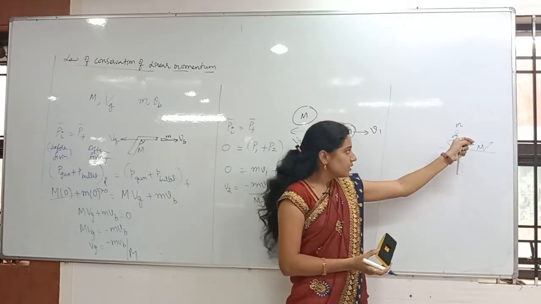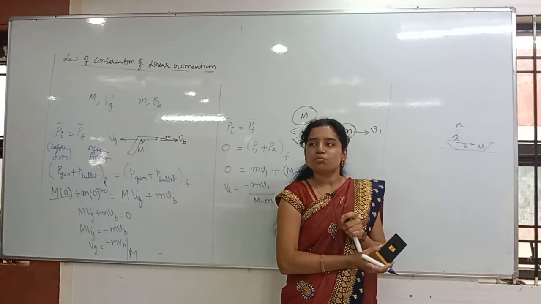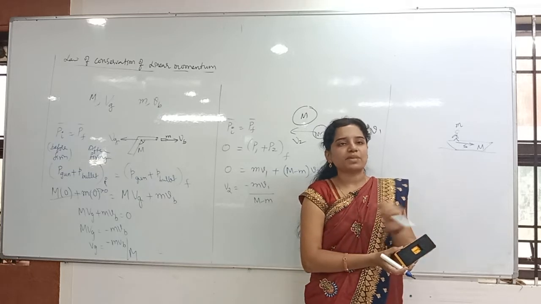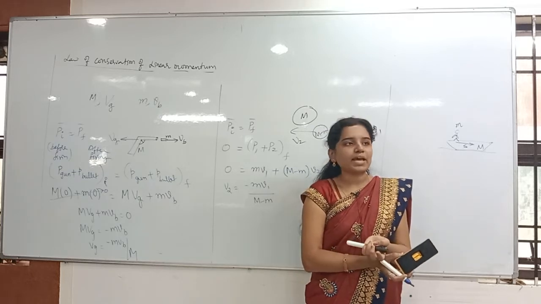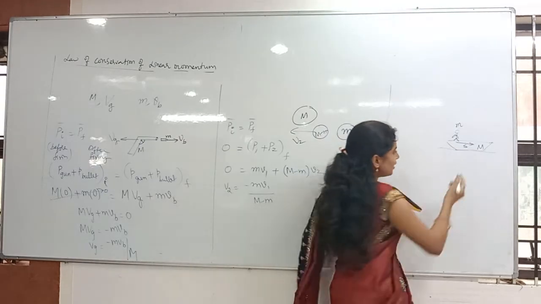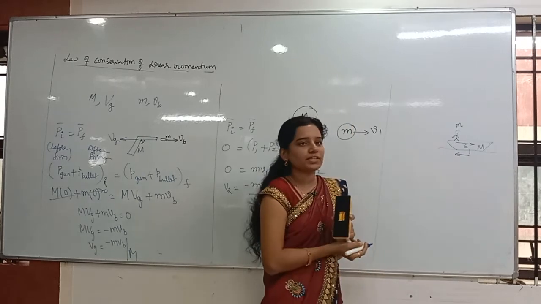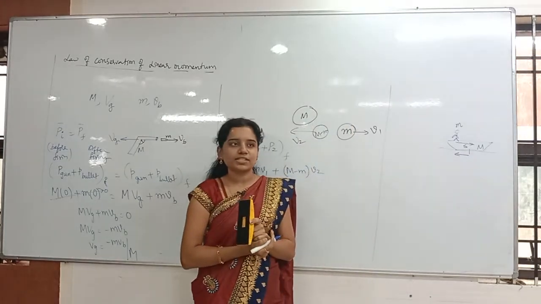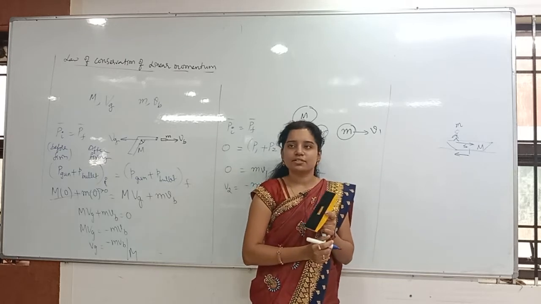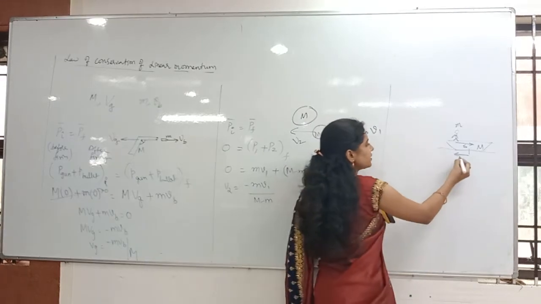A smaller boat only. Whenever he is moving in the forward direction, the boat will move in the backward direction. Boat plus man will move, because the man is inside of the boat. Will the boat plus man move the same distance, or a different distance? Are you sure about that? It will be a different distance.